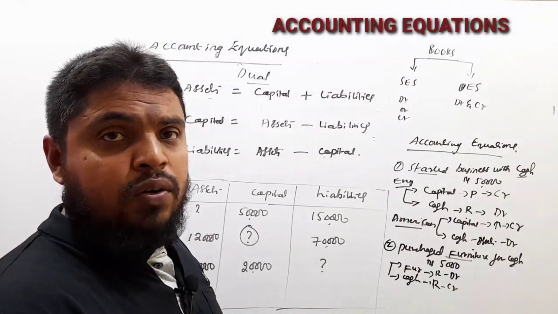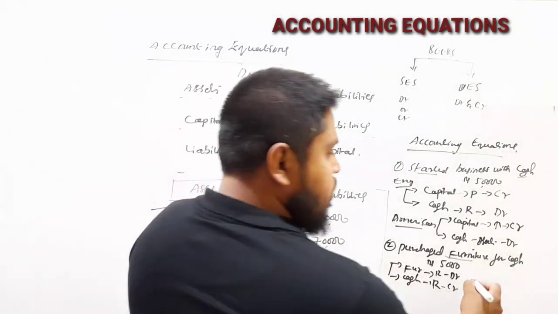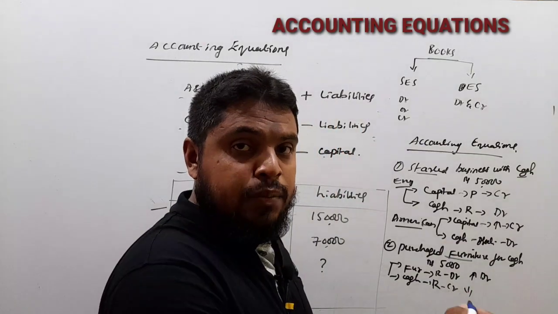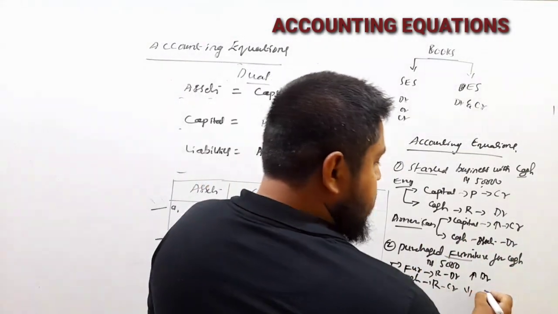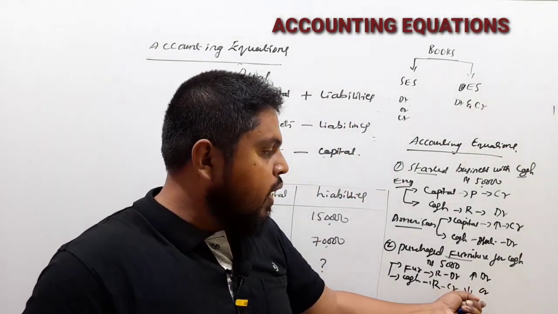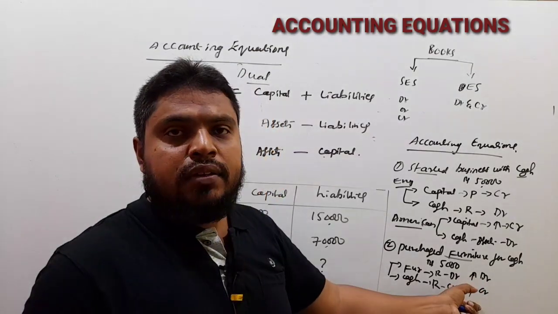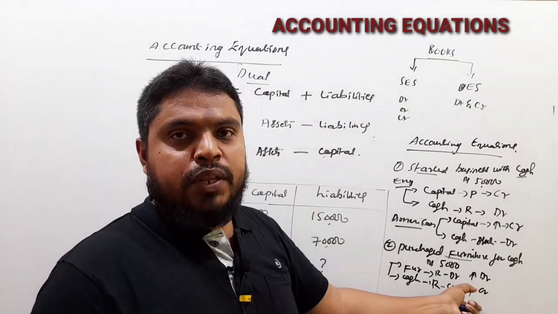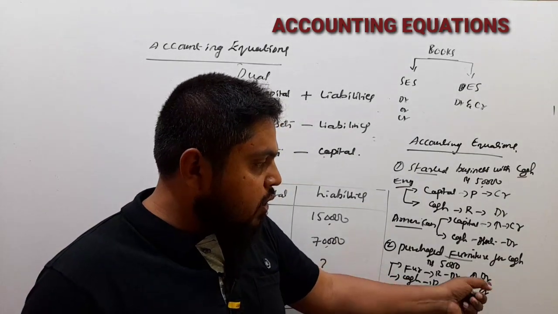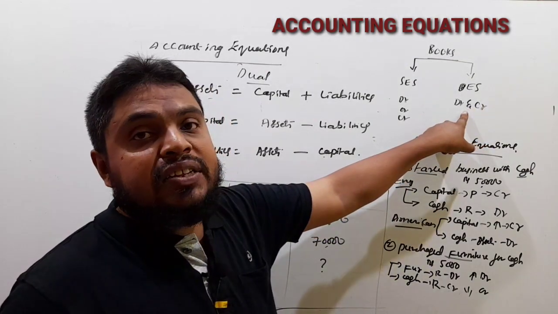Under the American system of accounting, furniture is increasing, assets are increasing, so this is the debit side, and cash is decreasing. Why is it decreasing? Because we are paying cash here. So this is the credit side. With the help of this, we can easily understand that in accounting equations, debit is equal to credit and credit is equal to debit. This concept is there in the double entry system.